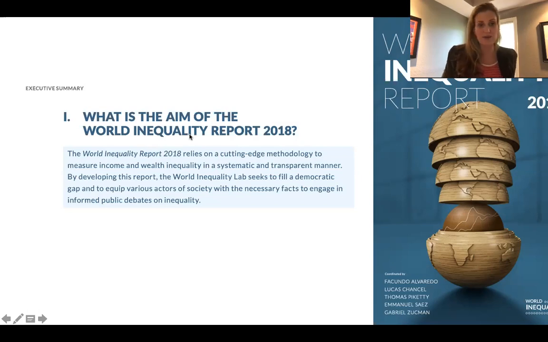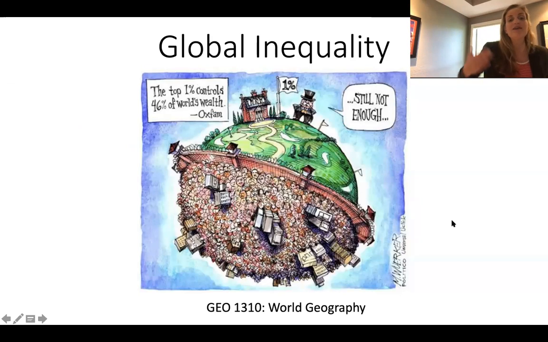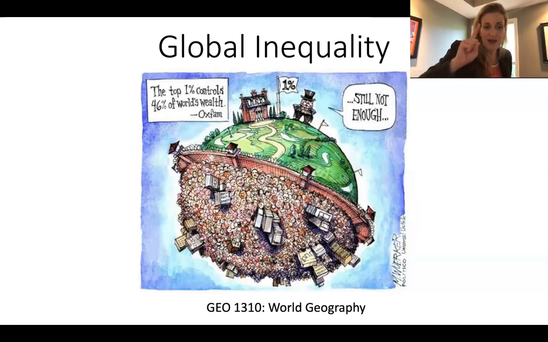Remember when we were talking about the history of development? About half of the world lives on less than $5 a day. That's when inequality becomes a problem. There's enough money to feed the world. But if you have 1% of the population that has 46% of the world's wealth, and that means that the other 50% doesn't have enough to put food on the table, educate, healthcare,